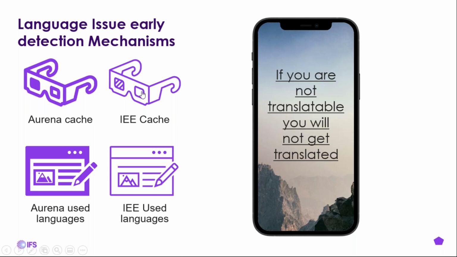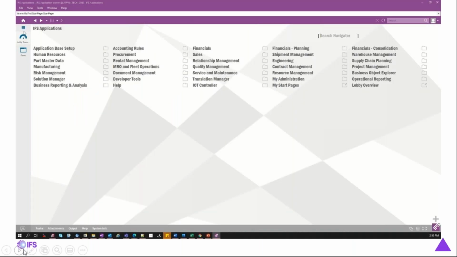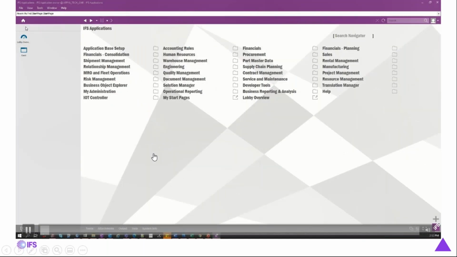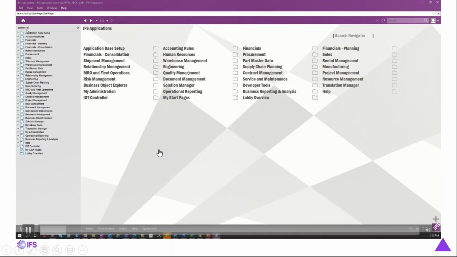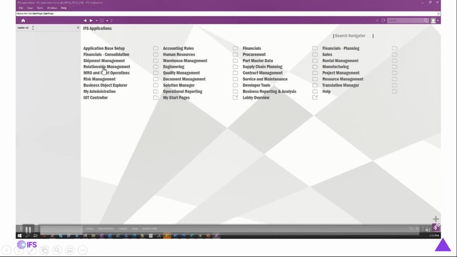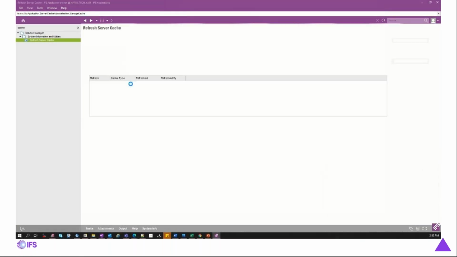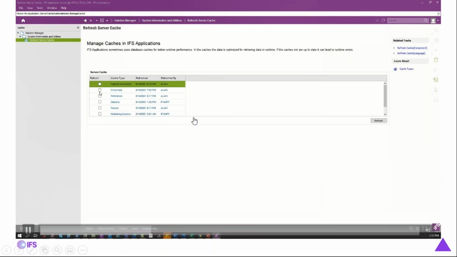Now let's find out how IE client translation works. Sorry, how the IE client's cache refresh works. Cache refresh, same window. You will get the same structure. The important thing is, other than that, you will be able to refresh two other caches, which are component and